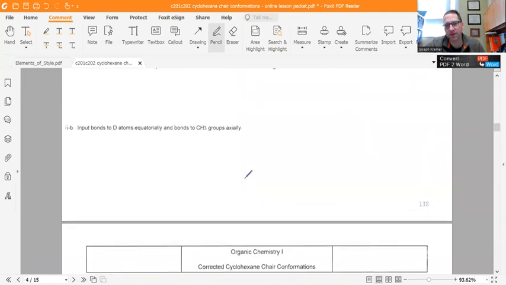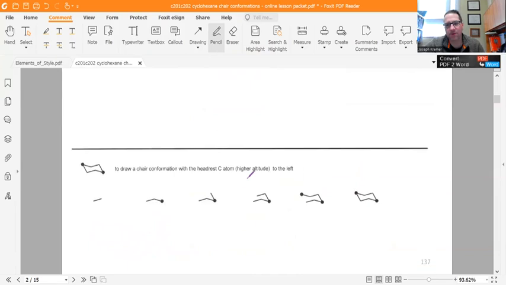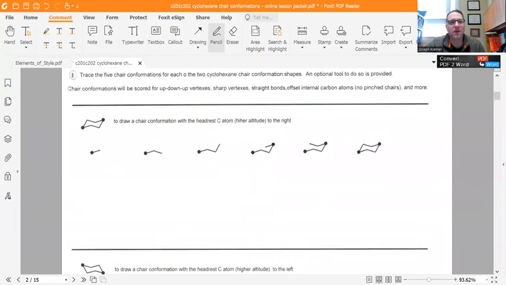But first, I want you to get good at drawing chair conformations. If you can scroll back up with me or turn the pages up ahead. We need up, down, up vertexes. We're going to draw some chair conformations here. We need an up, down, up vertex. No level bonds. We need sharp vertexes, straight bonds,